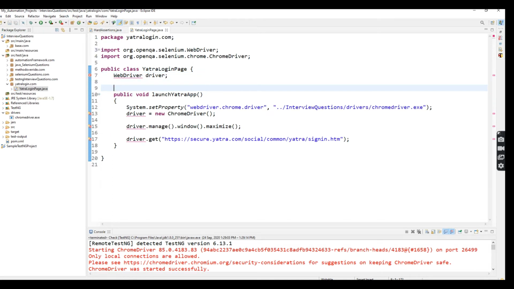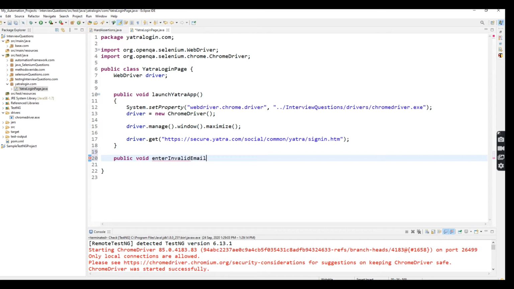The second method I'm going to perform is enter the invalid email ID, right? The method name is enterInvalidEmailID. So here I am passing a parameter as XPath. That XPath I'm going to store into a String. That is the reason I'm passing a string value, which is String xpath.